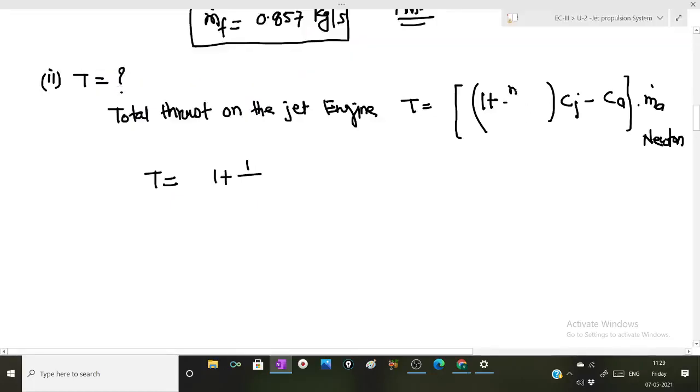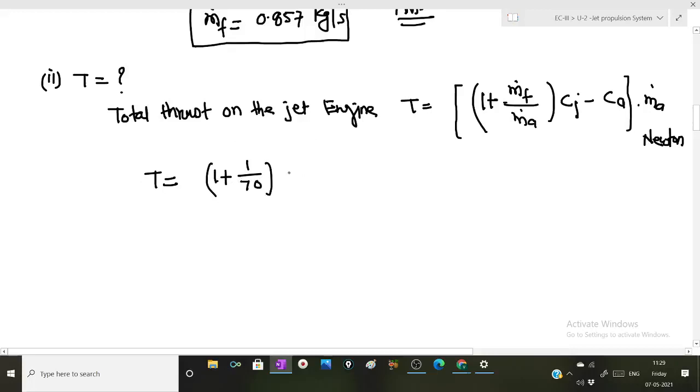One plus m dot f over m dot A, into Cj minus Ca. Because jet velocity is associated with mass flow rate of jet, and Ca velocity is associated with mass flow rate of air. So after putting the value, m dot f over m dot A is